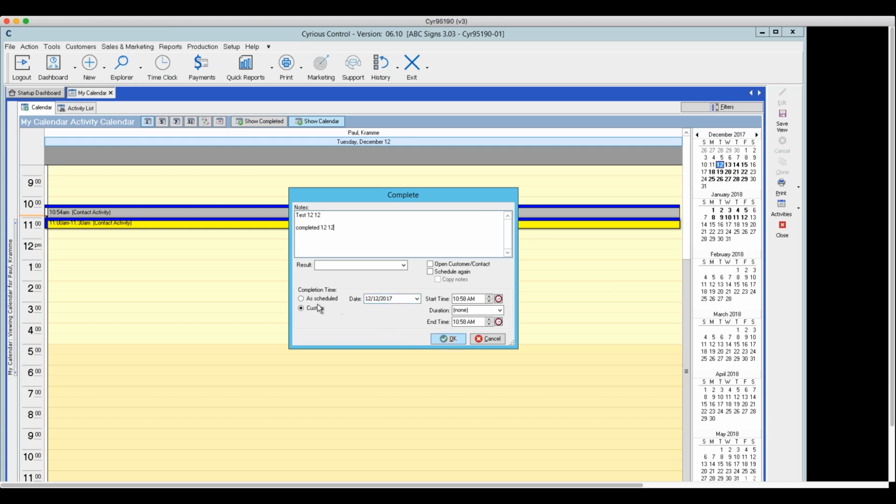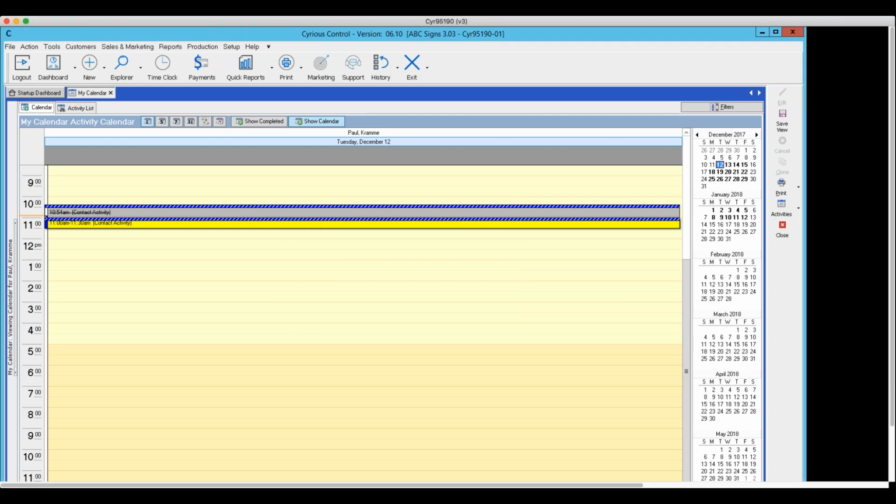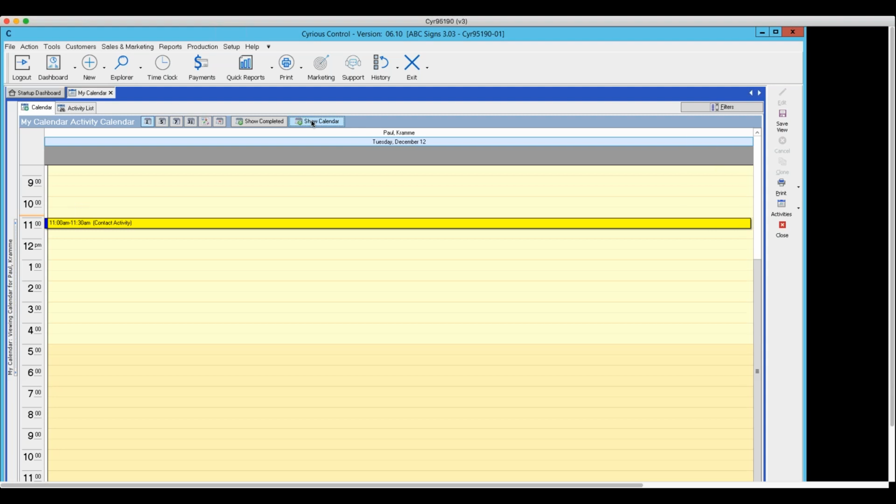And it was completed as scheduled. Now it puts a line in it. Now here's another thing, the view. This show calendar, if I click on it,